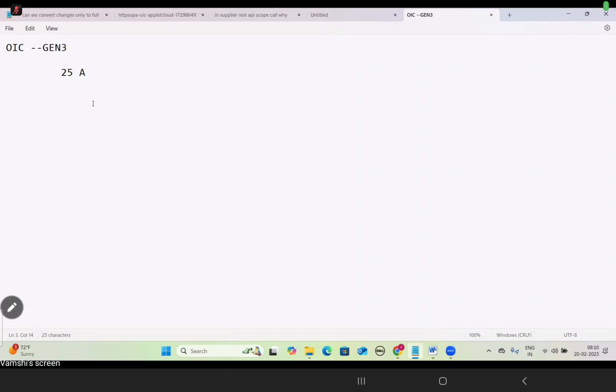25.4, like that it will be there. So when they are changing the Gen 3 to Gen 4, major changes will be there. But 25.4 or 25.6, in that case, very minor changes will be there. Okay. So coming to OIC, we have two more